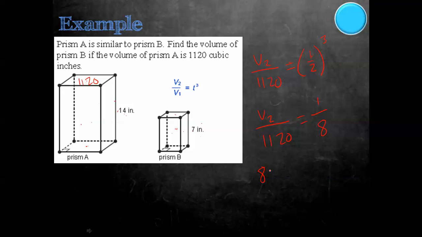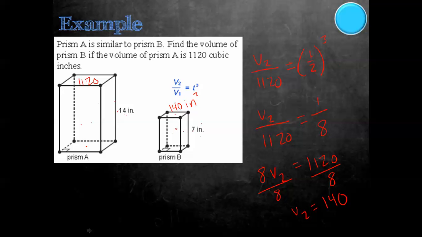So we have 8 times the volume of the second shape equals 1,120. Now we're going to divide by 8. 1,120 divided by 8 is going to be 140. So the volume of the second shape is going to be 140